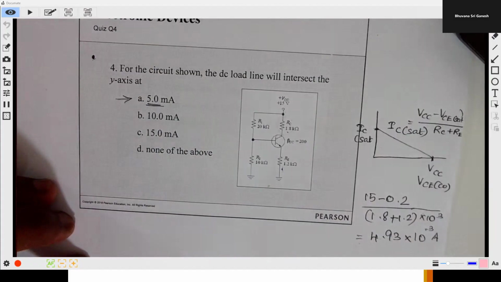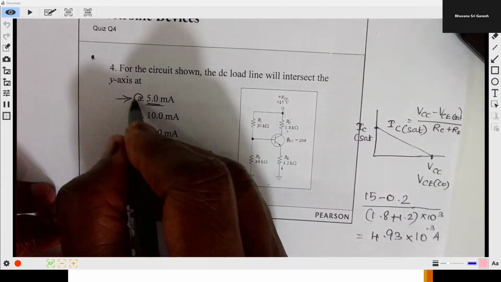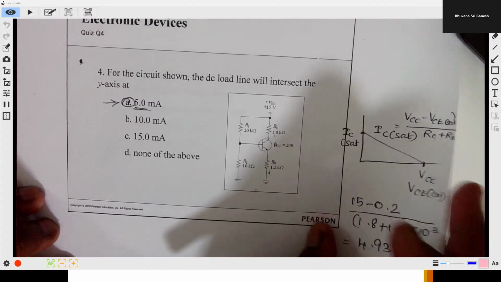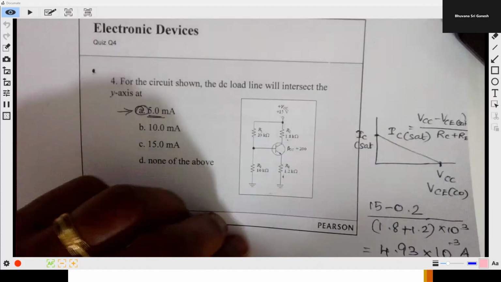Okay, now this is the answer for question number 4. IC saturation we have calculated. Next is